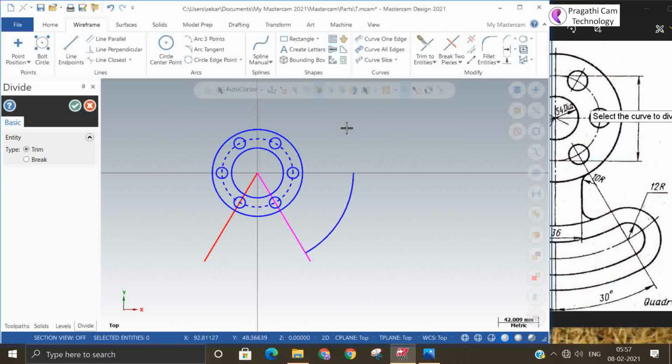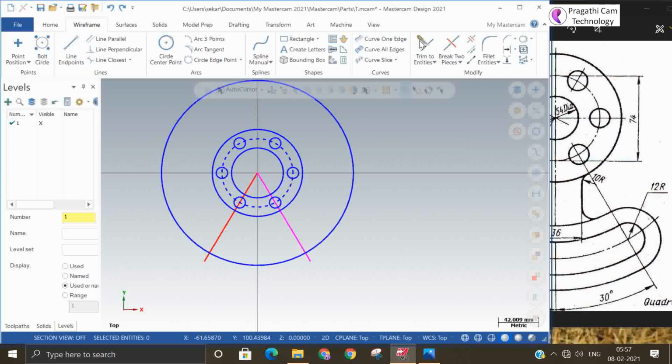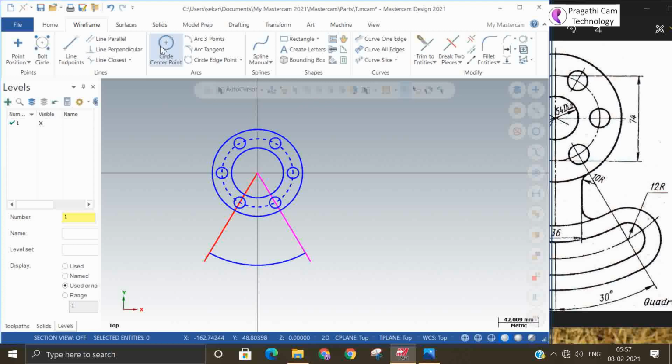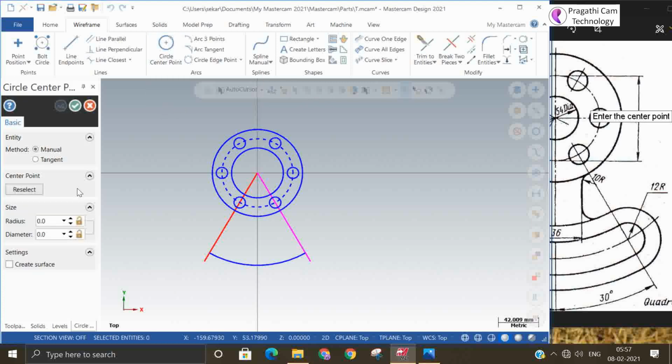Selecting the entire thing, I will make one small break. So now we got the center point to draw both. So it's a 12 radius circle. So we can draw, accept. Next is the 23R.